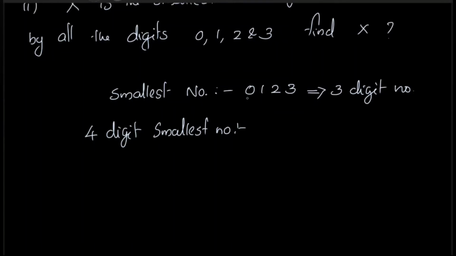For getting a value to 0, we have to interchange the left two numbers. Left two numbers have to be interchanged for getting the 4-digit smallest number. For that, interchange 1 and 0. Then only we get the smallest number. Interchange 1 and 0, then put 2, 3 as itself. So 1023 is the smallest 4-digit number.